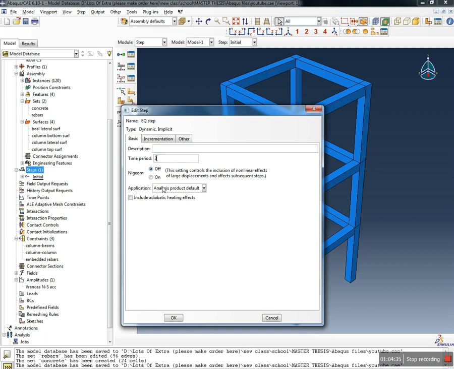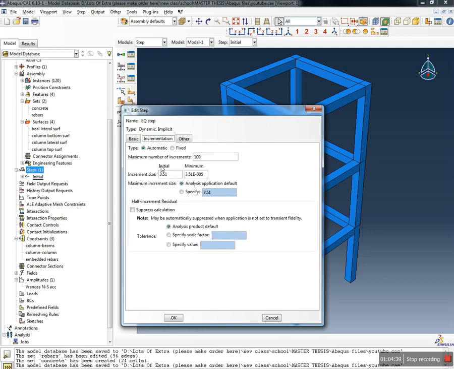For the time period, we will write 3.51. And for the incrementation, we will write the initial 0.002 and the max and the minimum 1.005. And for the maximum number of increments, we will write a big number. We will write